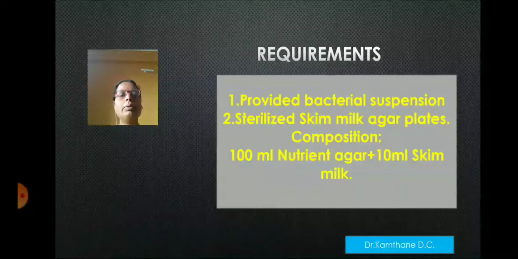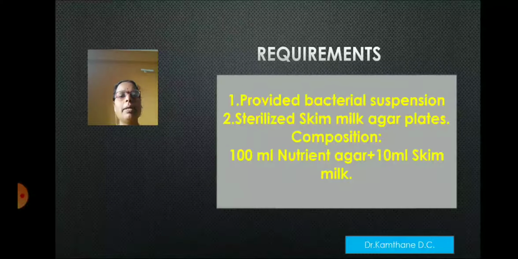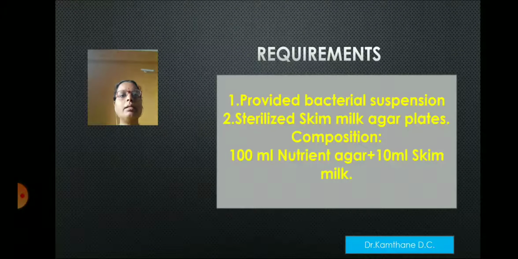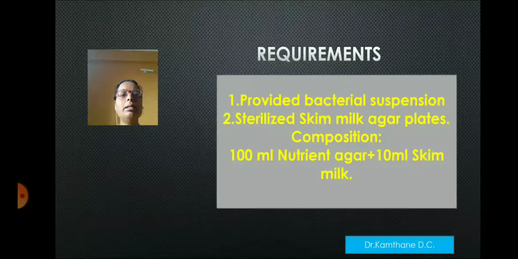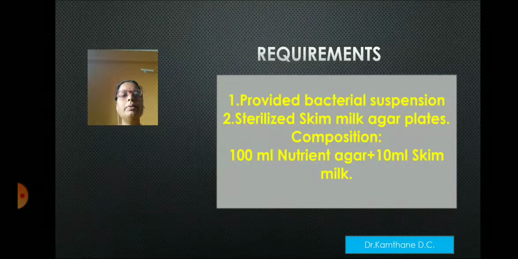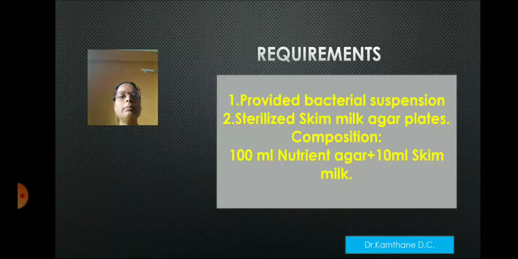Requirements: provided bacterial suspension, sterilized skim milk agar plates. Composition: 100 ml nutrient agar, and to this add 10 ml skim milk. Firstly, nutrient agar is prepared. For 100 ml nutrient agar: peptone 1 gram, meat extract 0.3 gram and sodium chloride 0.5 gram, distilled water 100 ml. Dissolve all the ingredients and add